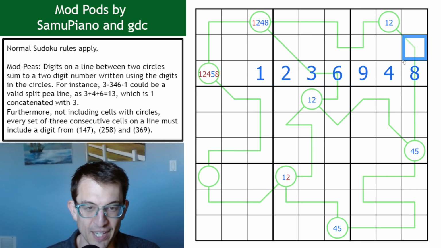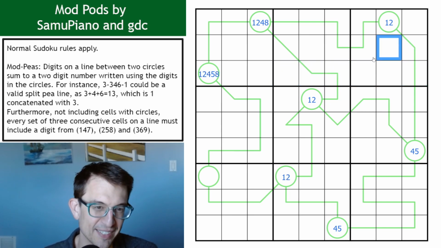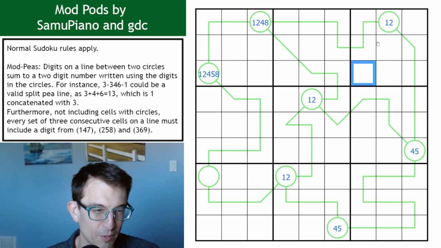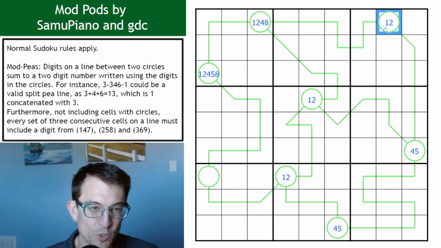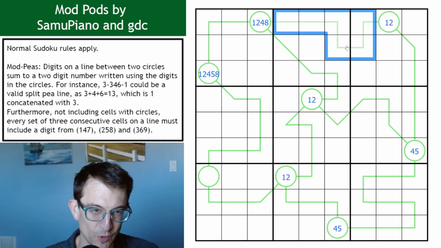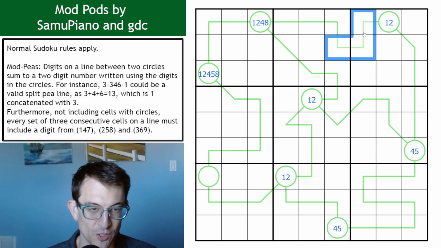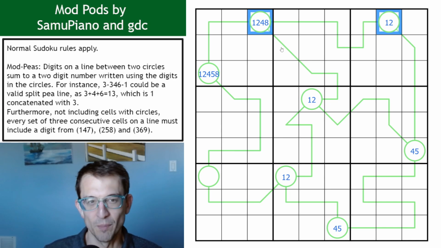Now 33 I know is a multiple of 3, but if I didn't, I could add 3 plus 3 to get 6, and I know that 6 is a multiple of 3, so that works. So this has to be a multiple of 3 because I've got a 0, 1, and a 2. If I add those together, that adds up to something that's 0 mod 3. Another 0, 1, and 2, that's also 0. So this whole thing is 0 mod 3, so it's a multiple of 3, which means this 2-digit number,